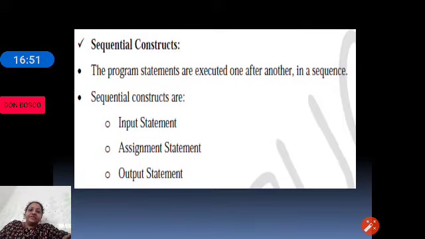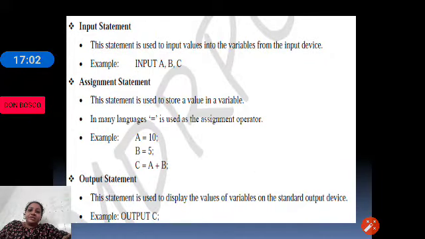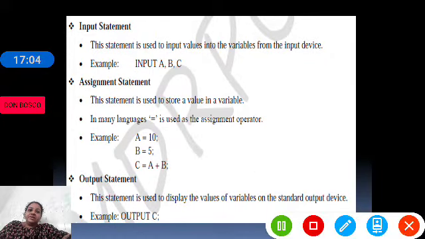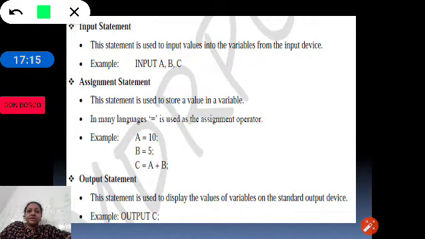Let us see the different types of statements used in sequential constructs. As explained earlier, sequential constructs include three types of statements. As you can see here, there is an input statement. Generally I call it an input or read statement.